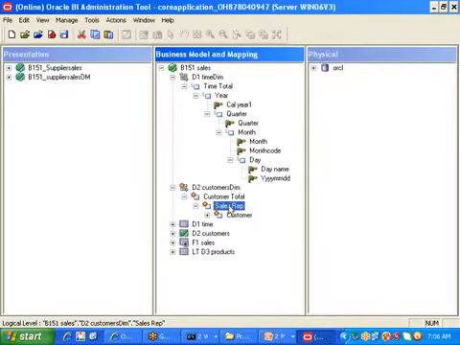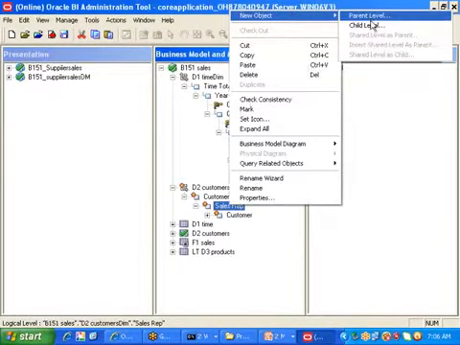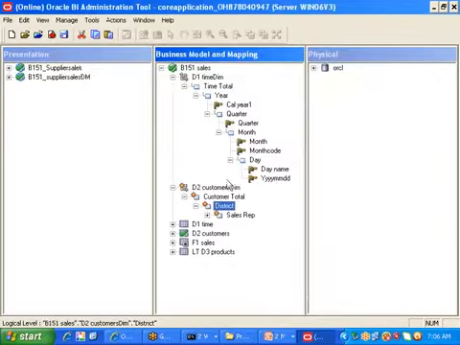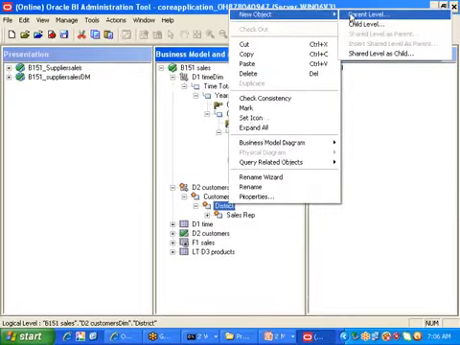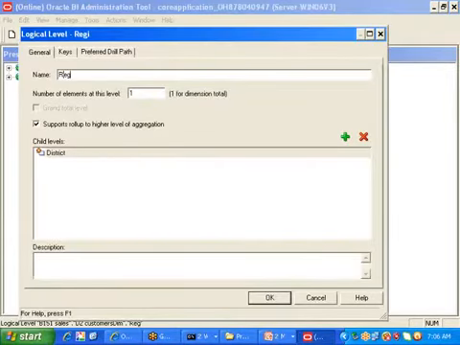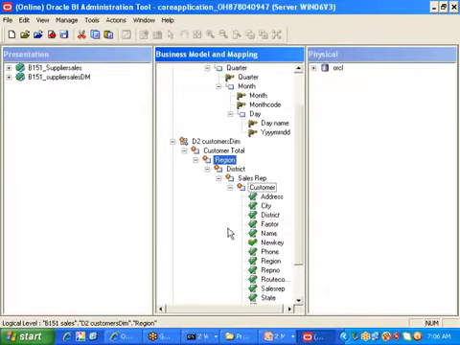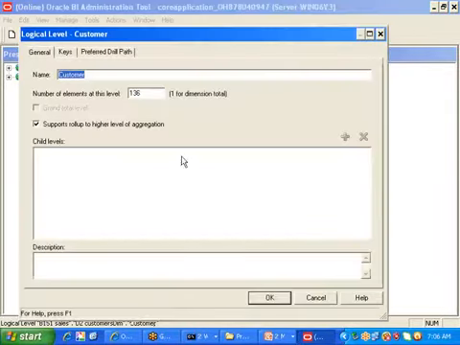Next, right click on this one, new object, then parent level. Next I am giving this as district. Then I go to number of elements. Previously I gave 100, so half of that, let us say 50, I am giving here. Next, after district, parent level, the next one is region. Here I am giving, let us say, 25. So I am making sure the levels are increasing in order from top to bottom. Here I gave 25, here 50, here 100, and here I am supposed to give more than that, which I already have.